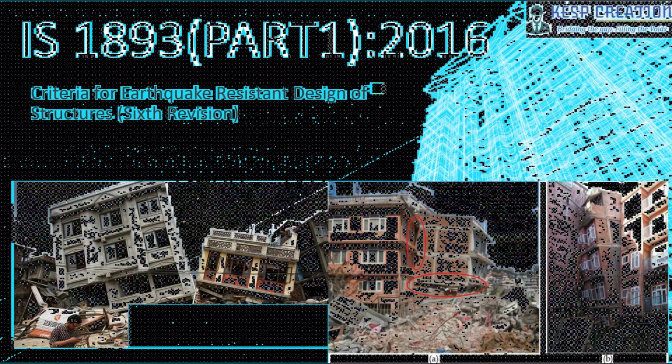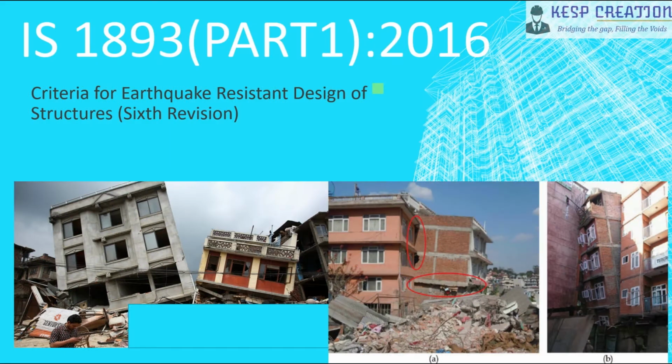In this section, I'm going to talk about the Indian Standard Code for Earthquake Resistant Design of Structure, that is IS 1893 Part 1 2016. And this is a very important code book when we are going to design a building in the seismic prone zones. If a building is not designed for the earthquake load, it cannot survive during an earthquake. So the earthquake resistant design of a structure is very important. In this section, I will focus on some of the widely used terminology in earthquake engineering.